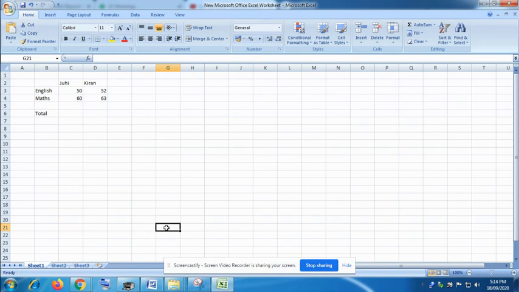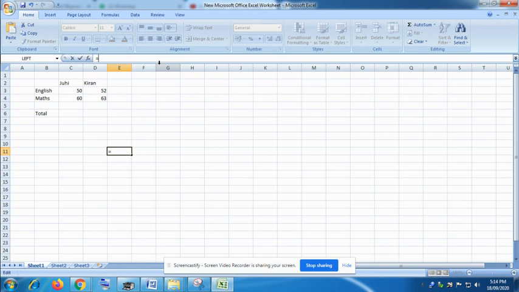MS Excel has a formula bar that displays the formula entered in the cell. You can see this is fx. This is known as the formula bar. So how will you use a formula? A function should always start with an equal sign. Whenever you use any formula in the formula bar, you will always use an equal sign.